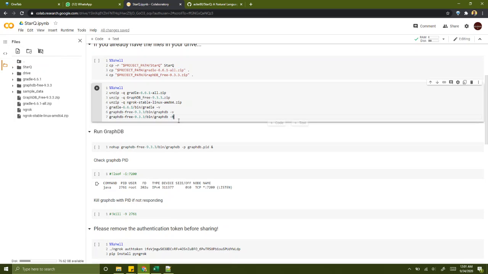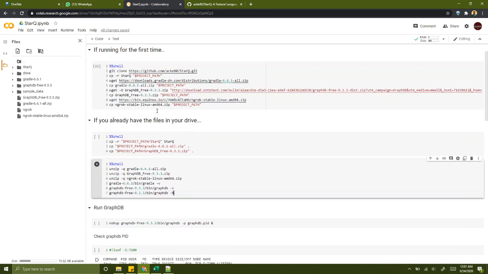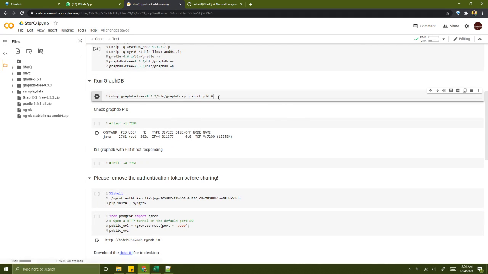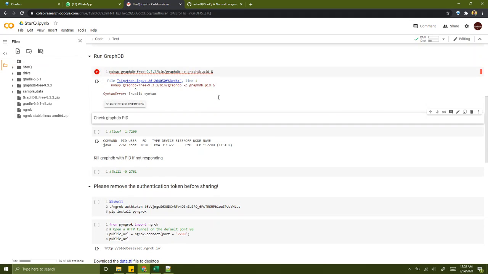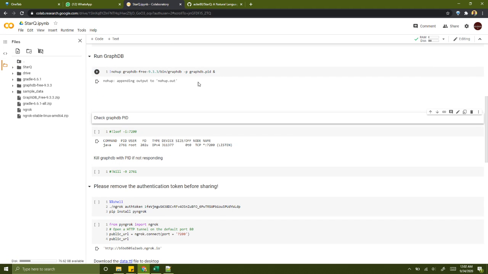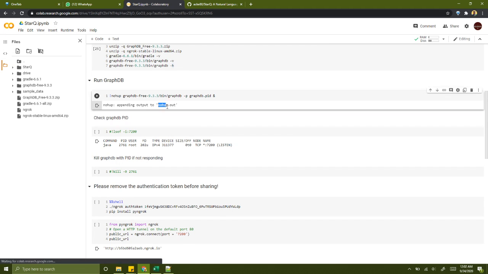You can see the output here, but I have cleared the output. So now let's go ahead and run the graph database. It needs to have a bank there. So the output will be sent to the nohup.out file, which you can see here, because I don't want this to block the execution of the other cells.